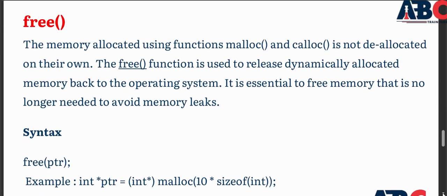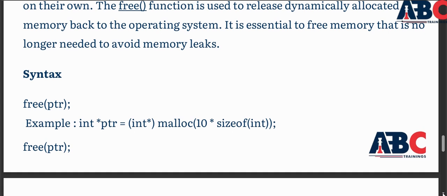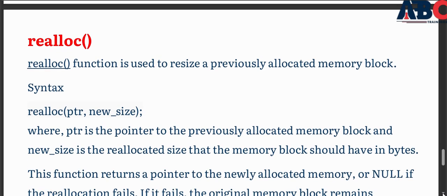Third, free. Memory allocated using functions malloc and calloc is not deallocated on its own. The free function is used to return the allocated memory back to the operating system. It essentially frees memory that is no longer needed to avoid memory leaks. इसका जो सिंटैक्स है वो हम देख सकते हैं: free(pointer). Example: int *ptr = (int*) malloc(sizeof(int)); free(ptr);